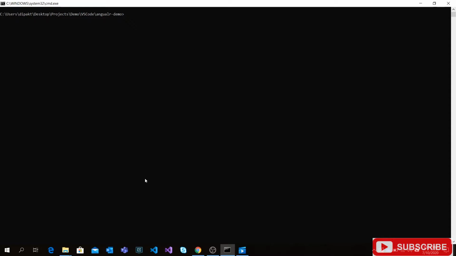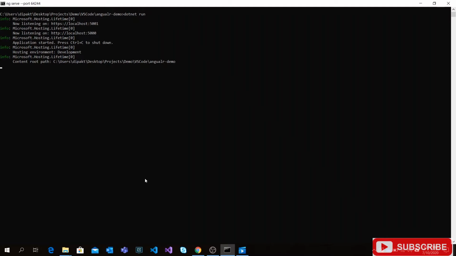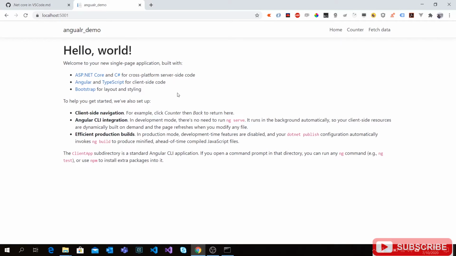We will run this application from the command line to check how our application looks now. To run our application, we can use the dotnet run command. Once we hit it, it will try to build our .NET Core application as well as the Angular code. Again, it's going to take some time to build the Angular code, so just wait for it. Our application is ready, so we can browse the URL in the browser. Let's put the URL in the browser and hit it. So we can see our application is running now.